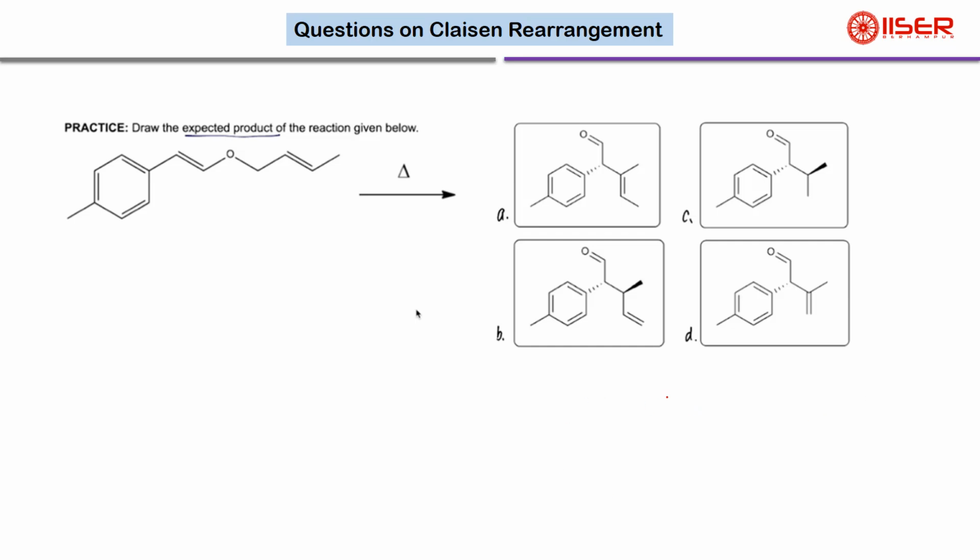So let's do the numbering first. 1, 1. So the 1 will be along the single bond. Okay. You have to find the symmetry. Okay. So if you just move like this way,